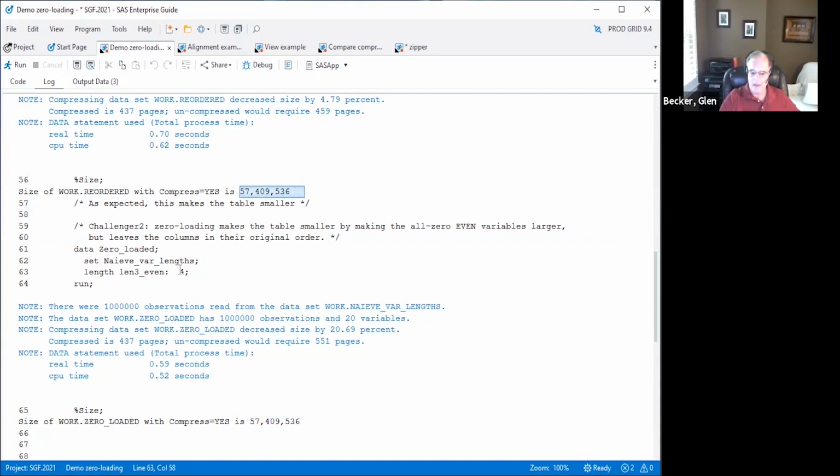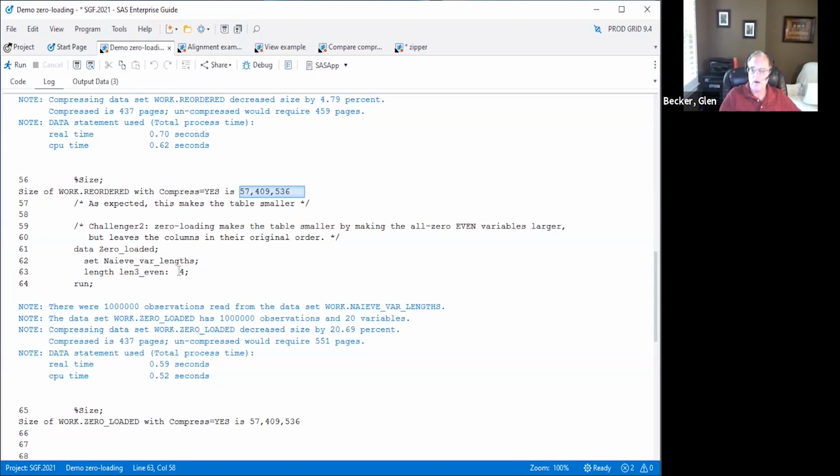Moral of the story: by making all the variables that are 0 or likely to be 0 length 4, that physically puts them together, and the SAS compression compresses them better. So if your app can't tolerate reordering variables, but you have some variables that are likely to be 0 and some not, put the ones likely to be 0 physically together. Either make them all 4s or 8s and make everything else a different size, or vice versa, make them an odd size and make your variables that have data 4s and 8s.